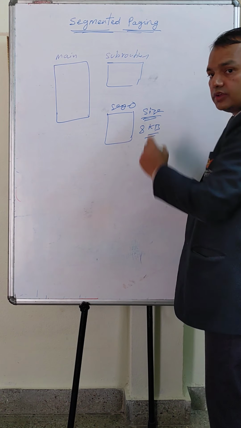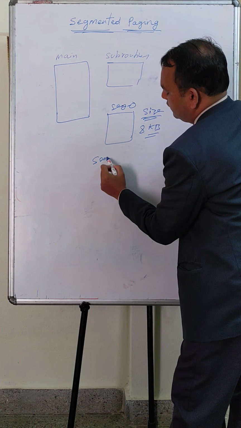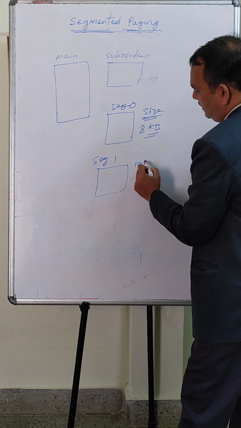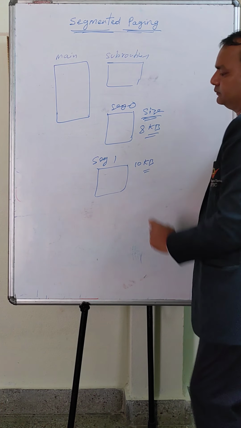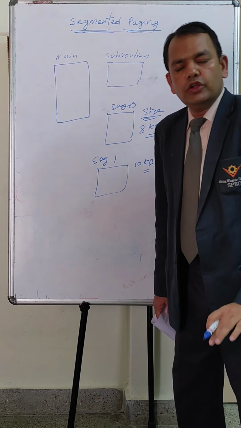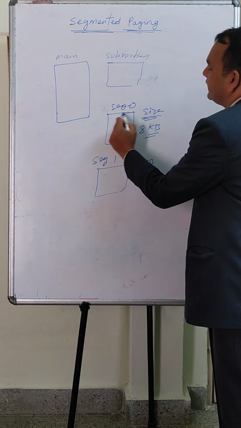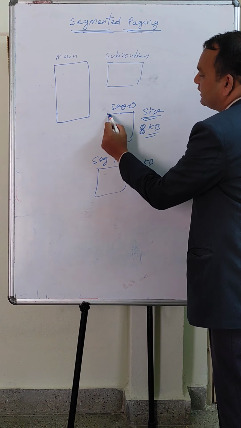Okay, my dear friends. And segment 1 is 10 KB. Okay. Now in segmented paging, this 8 KB segment